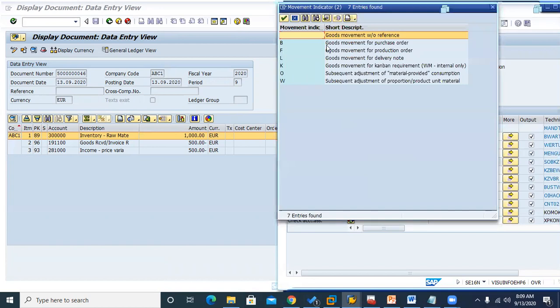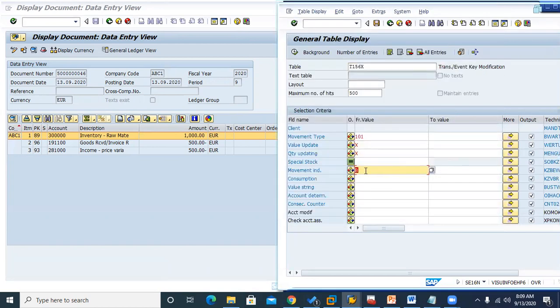If you open here, you can see goods movement for purchase orders. So we have a purchase order. That's why purchase order consumption. I just wanted to leave it like this, because of how many records you're going to fetch. Actually, this is blank only, but I don't want to fill it here, to show what is going to happen. Later, I will come back and do that. So valuation string, I don't want. These are the inputs, and what results we are going to get, that we will see now.